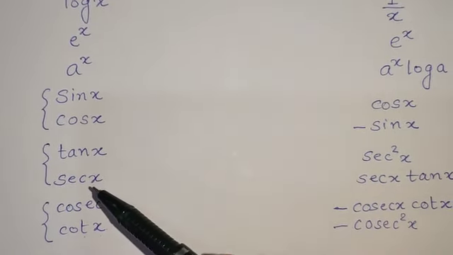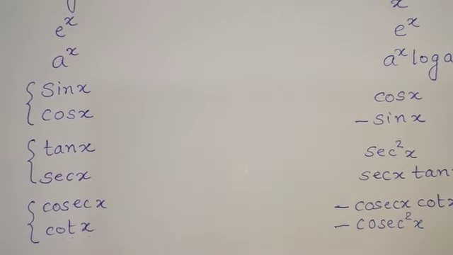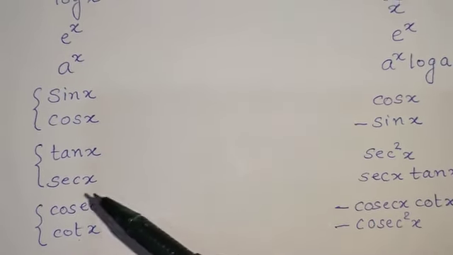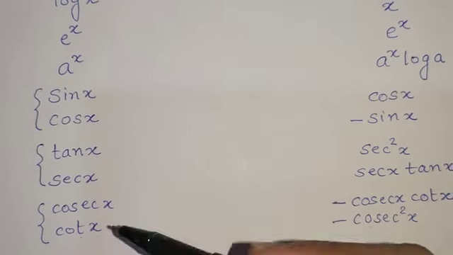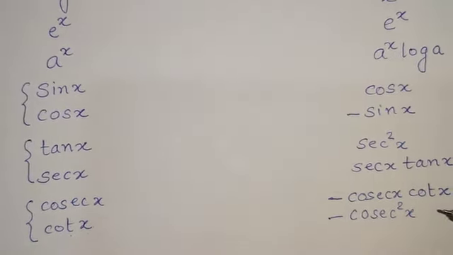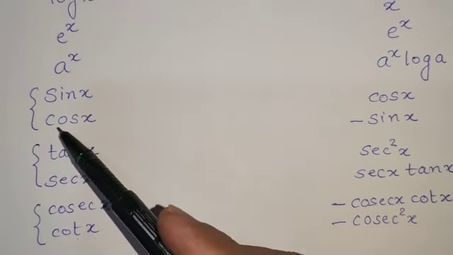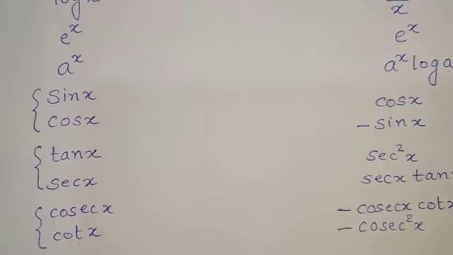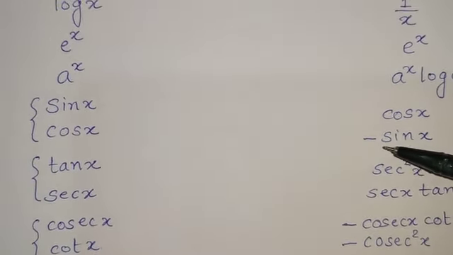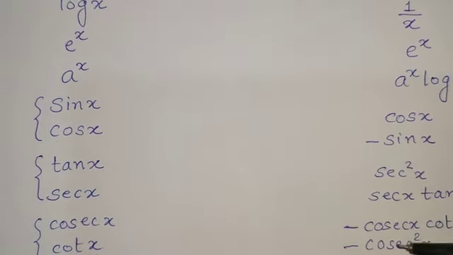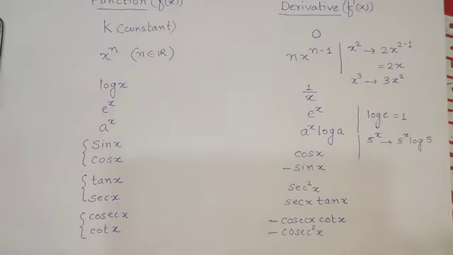Tan pairs with sec. Tan's derivative involves sec square x. Similarly, cot's derivative will involve cosec square x. Sec x has derivative sec x tan x. Similarly, cosec x's derivative with its pair is cosec x cot x. Again, the trigonometric functions starting with the alphabet c are cos x, cosec x, cot x. So write a negative sign ahead of their derivatives. That is minus sin x, minus cosec x cot x, minus cosec square x. So the formulas are easy to remember,